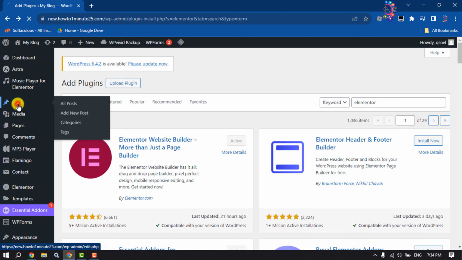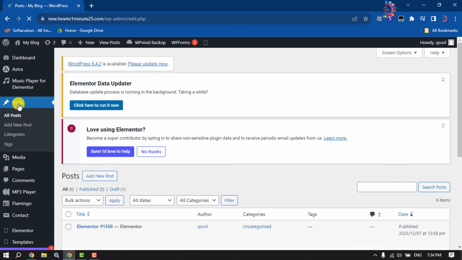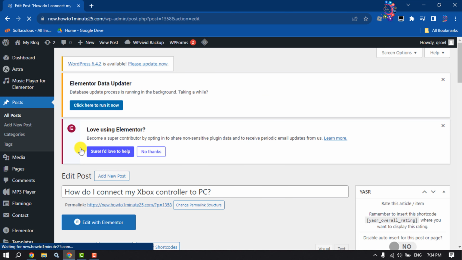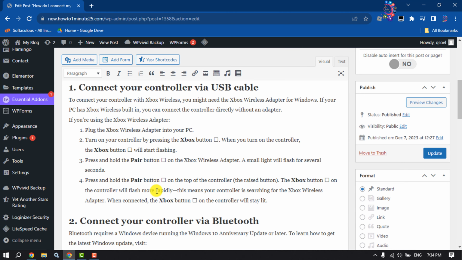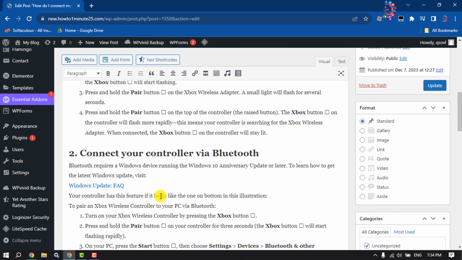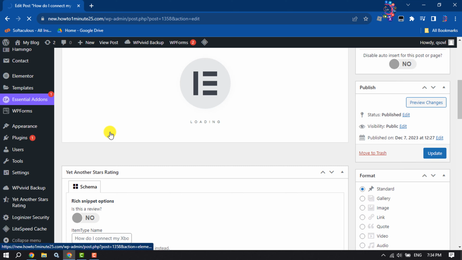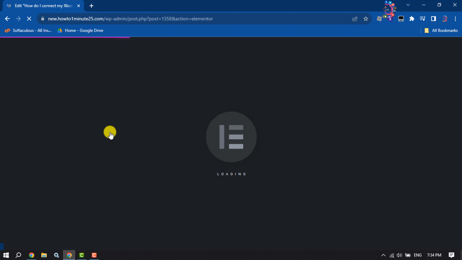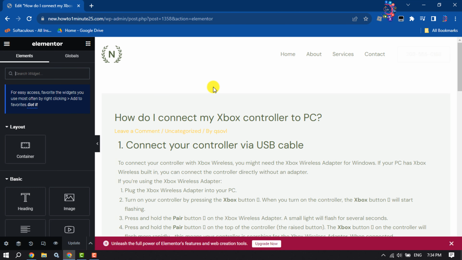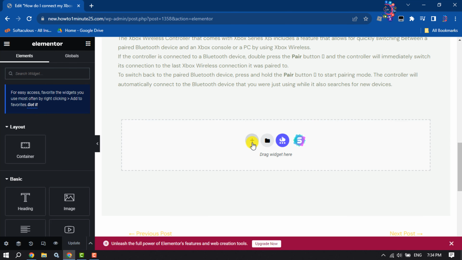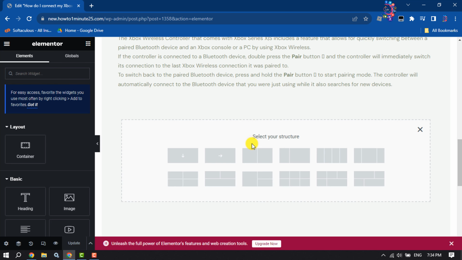I'm going to my post section and now I'm going to edit this post because I want to add a star rating widget to this post. Once you are in the post editor, click on edit with Elementor, and once you are in the Elementor page builder, scroll down and let's add a new container and I'm selecting this structure